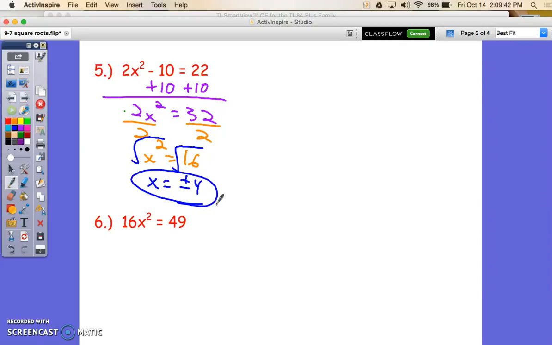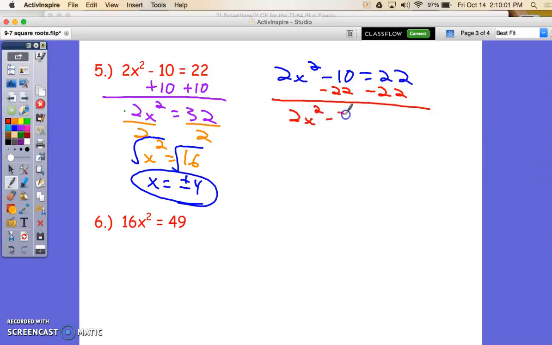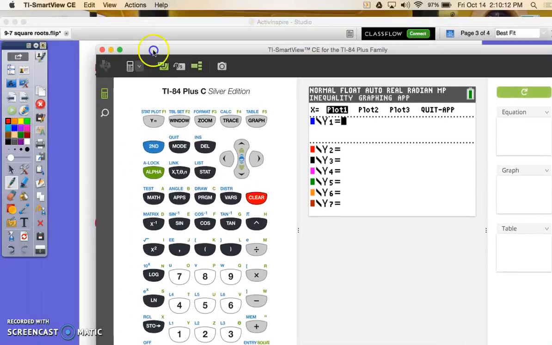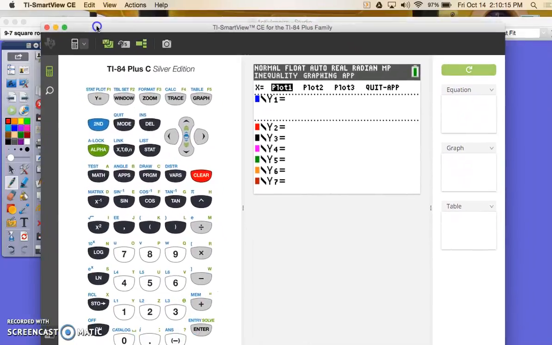However, let's think about it as an equation of a graph. So this is going to form a parabola, as we know from the beginning part of chapter 9. And I'm actually going to start with the same equation, but notice what I'm going to do. I'm going to subtract 32 from both sides so that I get 2x squared minus 32 equals 0. So from here, you actually could go ahead and factor and then solve for x that way. However, I'm going to think about it from a graphing calculator standpoint. So I'm going to take my equation of 2x squared minus 32,